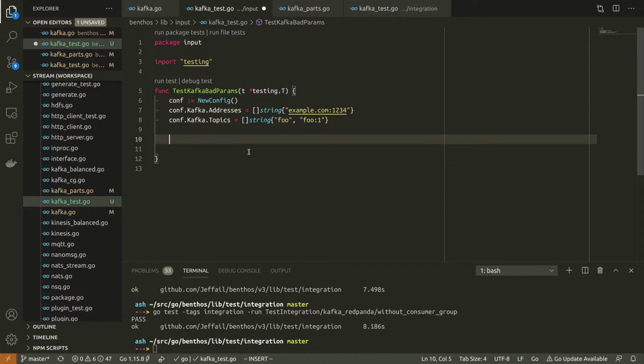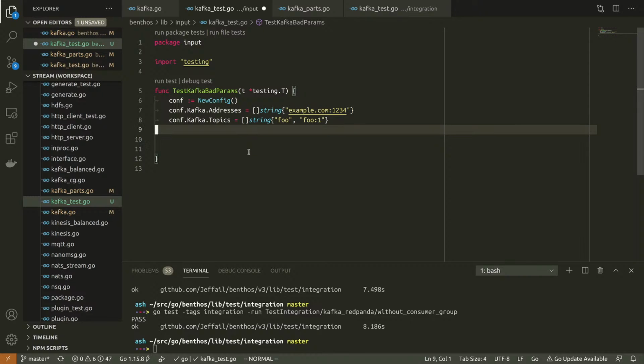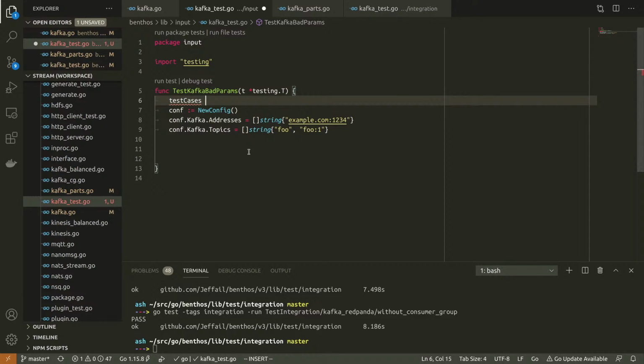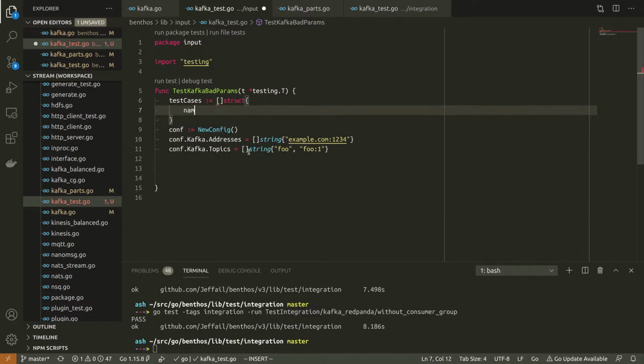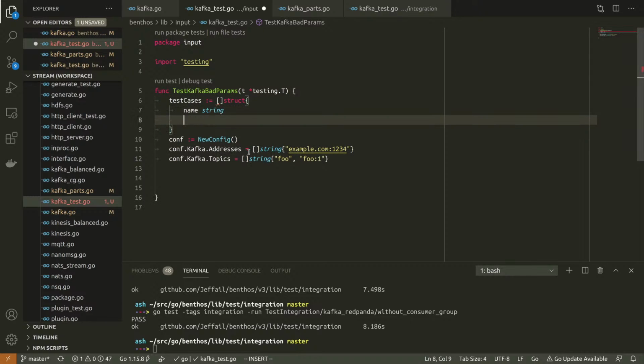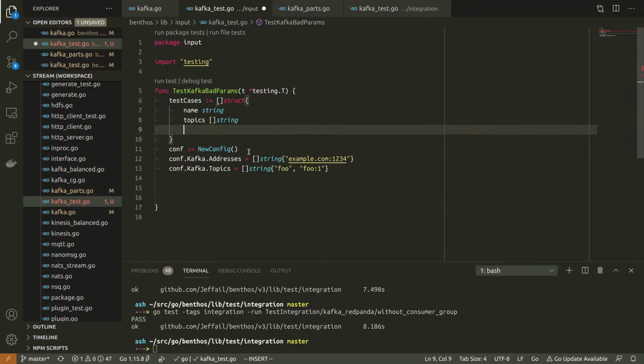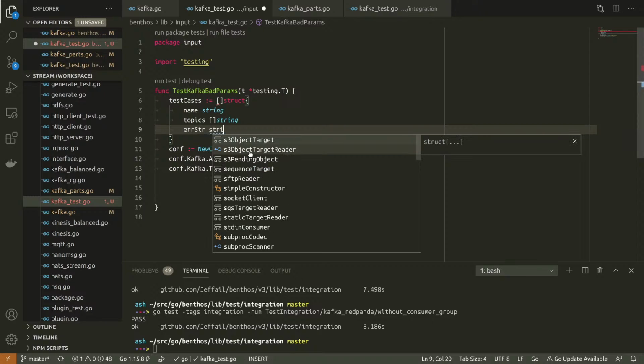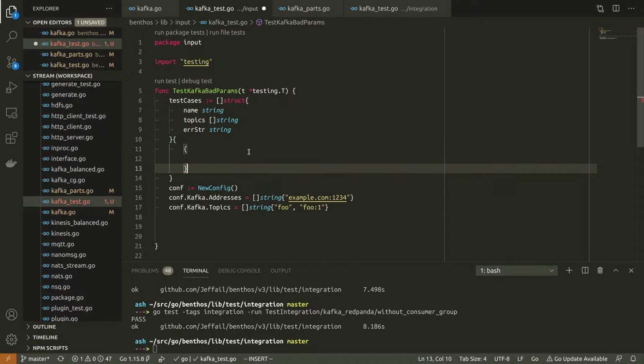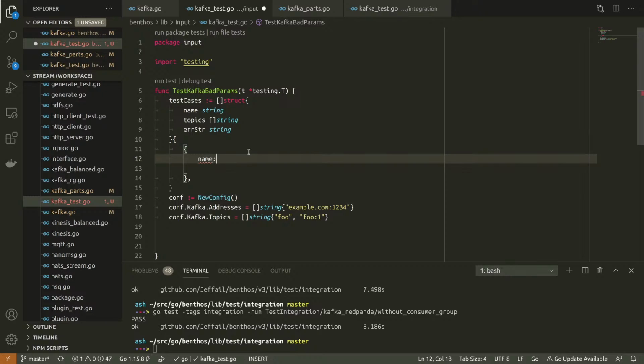Okay, so should I do this table driven? Yeah, whatever. Mixing consumer types.